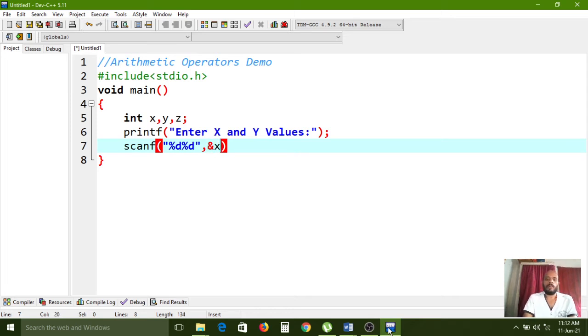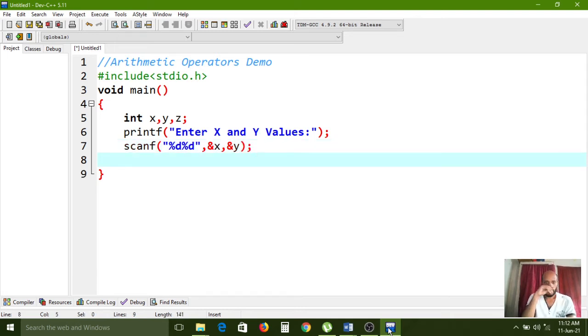That's why two format specifiers I have used here, and one comma to separate them. After collecting the input values from the keyboard by the user, the scanf function will transfer them to that particular memory location. That's why the & operator I use with x. The & operator's functionality: first it will find out where the x variable is. After that the first %d will transfer the collected input value and store it into the x variable. That functionality is taken by the address operator, the & operator. The address operator is used to know the x variable address. Similarly, the second %d will transfer to &y to store the y value at its memory location.